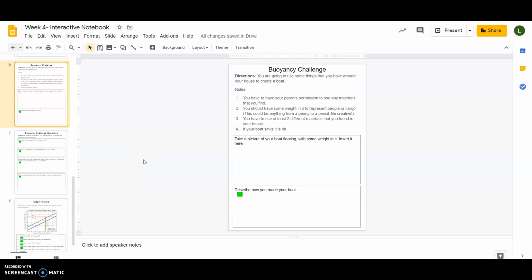Hey guys, I'm just going to show you super quick how to insert a picture. We did this before when we did our roller coaster lab. We added pictures in, but I just want to remind everybody, if you do not have a camera on your